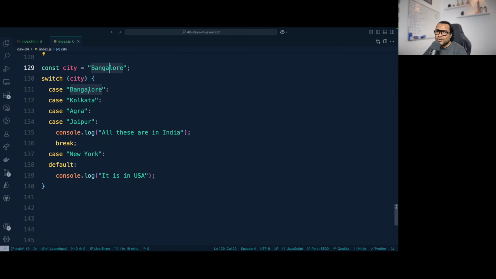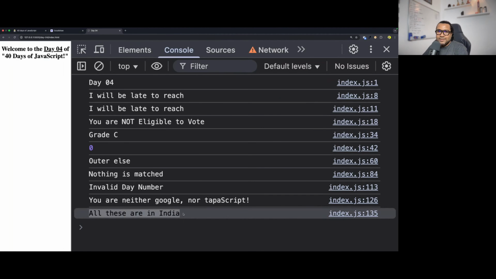Case Bangalore gets executed. There is no break, so it falls through to Kolkata, no break. Falls through to Agra, no break. Falls through to Jaipur, and then it has all these are in India, then it breaks. As it breaks, is it going to go to case New York? Let's go and check. We are getting all these are in India.